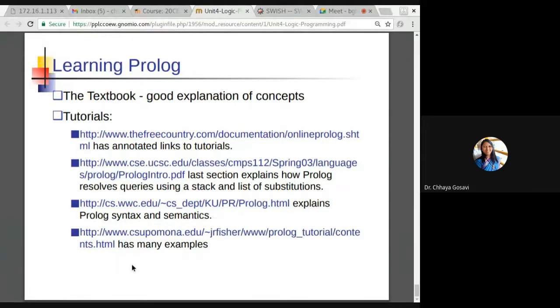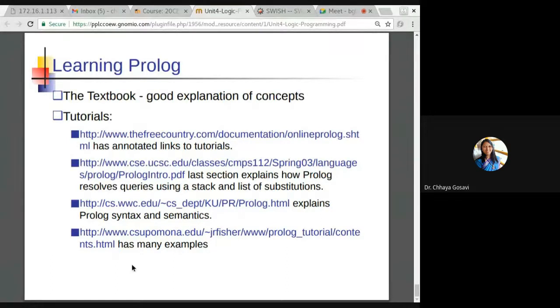Rules, you can define your own rules depending upon the facts. For example, you know father of, mother of, then child or male XY. You can write a rule like grandfather of. X is grandfather of Y, provided that X is father of Z and Z is father of Y. Or for example, in the edge example, you have written a rule path, such that there is a path from X to Y, provided that there is an edge from X to Z and a path from Z to Y. So these are called rules.